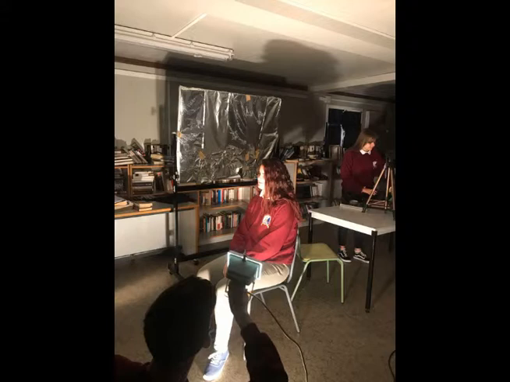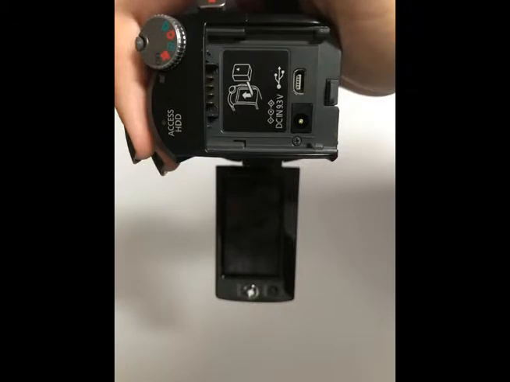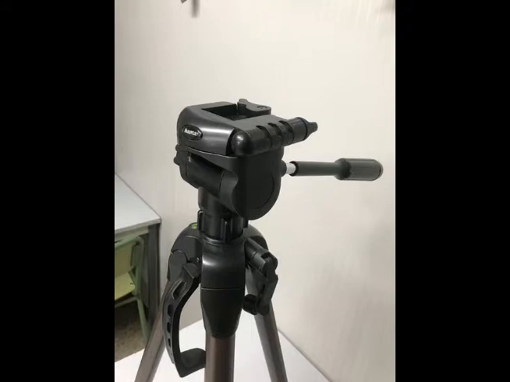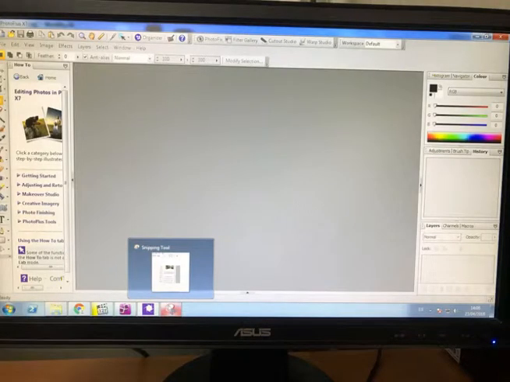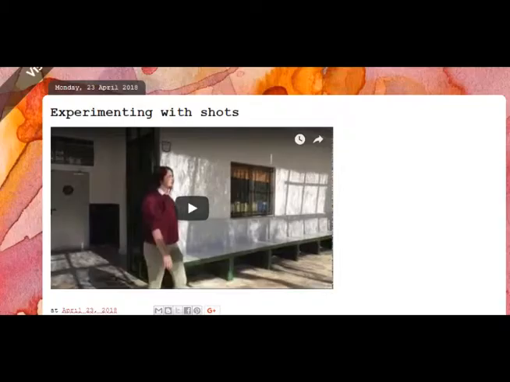We did it with the school's flip video camera, and to have a still image we used a tripod. Furthermore, we passed the videos with the SD card to the school's computer and edited the video with Serif Movie Plus X6. The program gave us a range of tools to make the video look as professional as possible. Nevertheless, we did the same with our video of experimenting with shots,